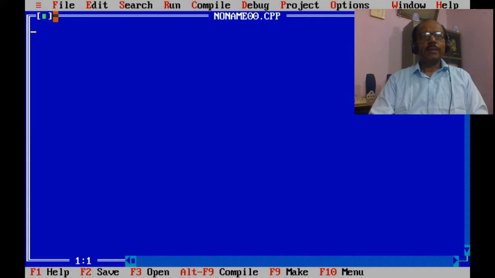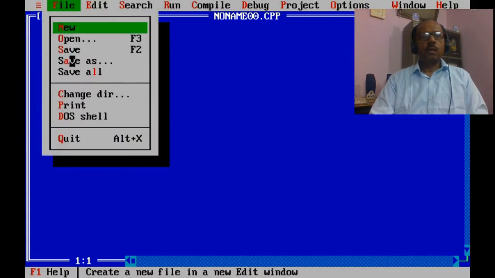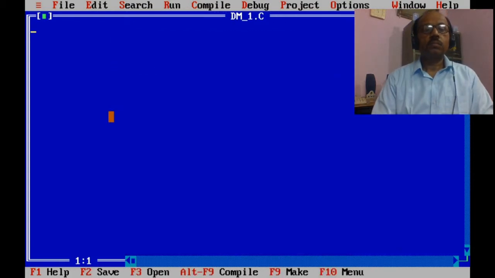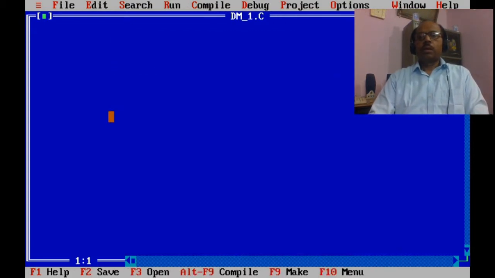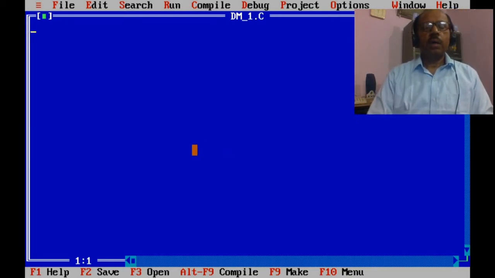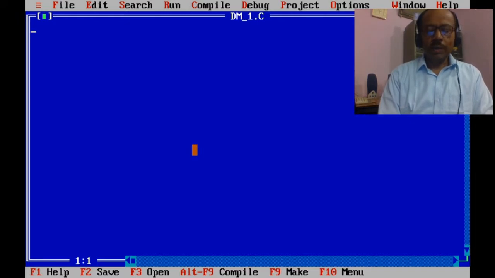So now, taking an example to illustrate how the dynamic memory allocation functions work. We will use malloc and realloc in this example.